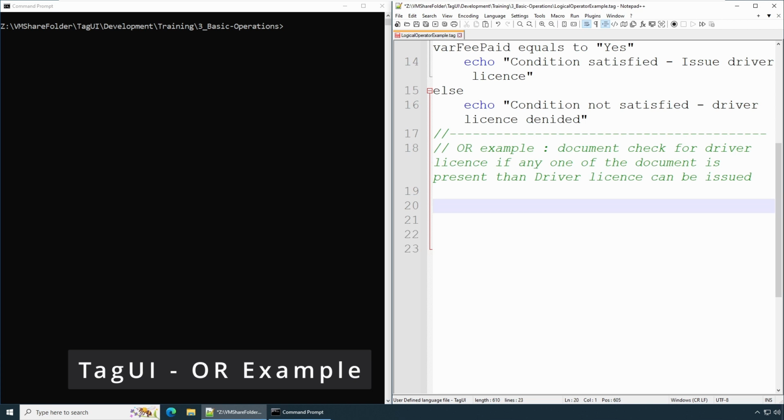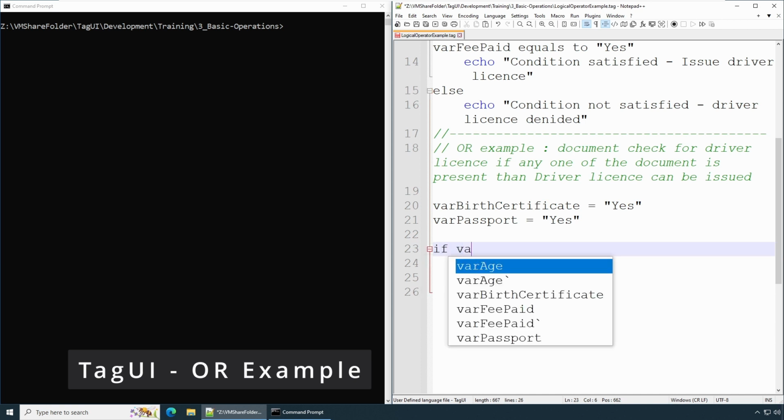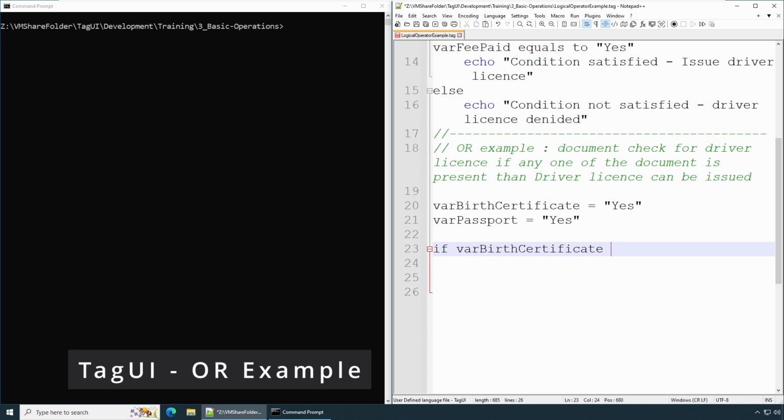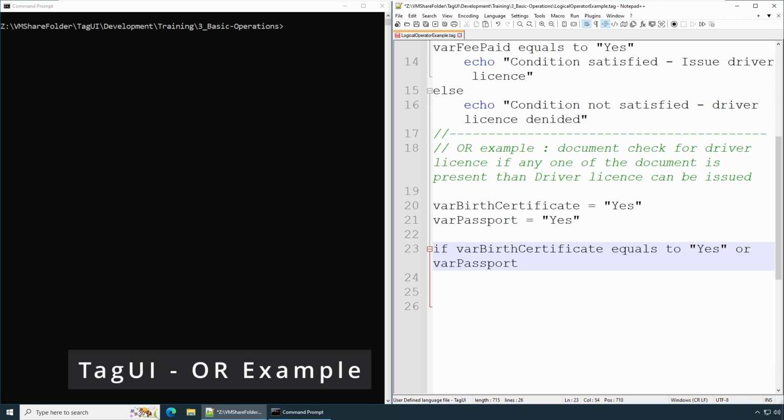Okay, so let's take two variables. So var birth certificate, and I say in this case by default yes. Say var passport as a second document, I say yes. Let's validate or verify this condition. Say if var birth certificate equals yes, or var passport equals yes,